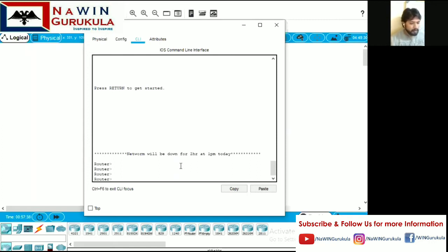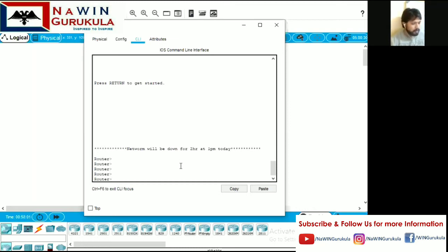So anybody who tries to log in sees it. It's just a message that this particular router will be down for 2 hours today, maybe because of maintenance or any scheduled activities. So this will give you information about it.